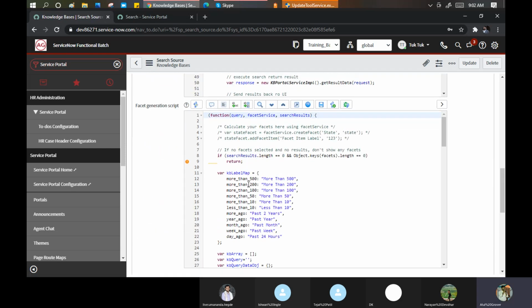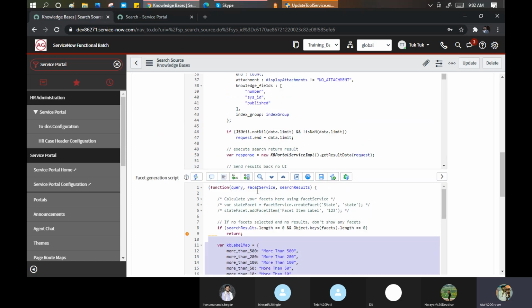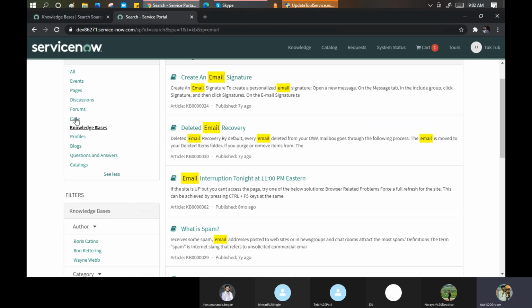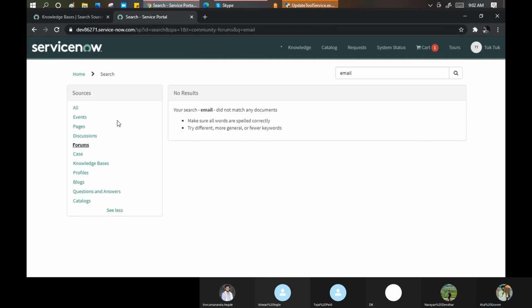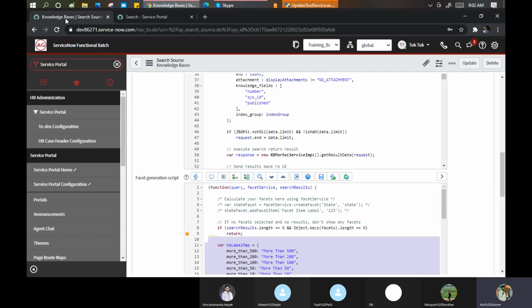This is the filter criteria we are putting here, coming from the facet generation script. Query service show results, but this is not coming for the forum, right? So now if I go back and go to my service portal here,